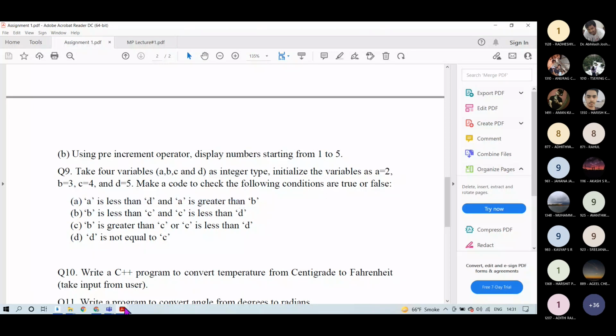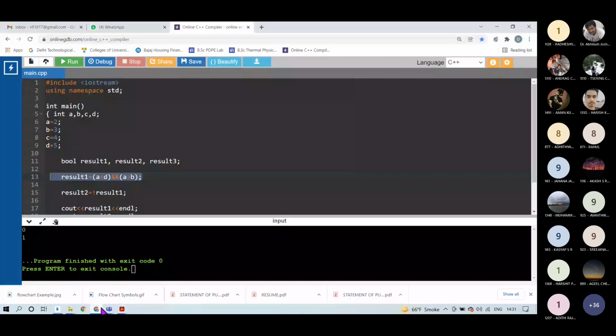Okay, so let's see, if I take the output of variable result 1 with cout, tell me first what should it give? The first expression A less than D is true.